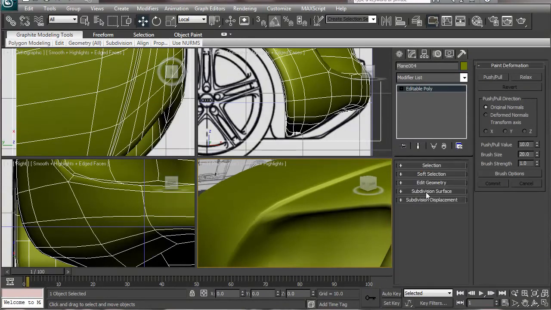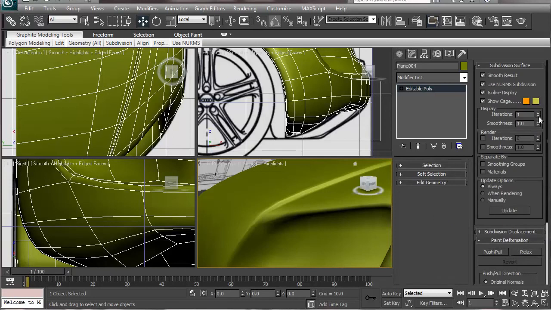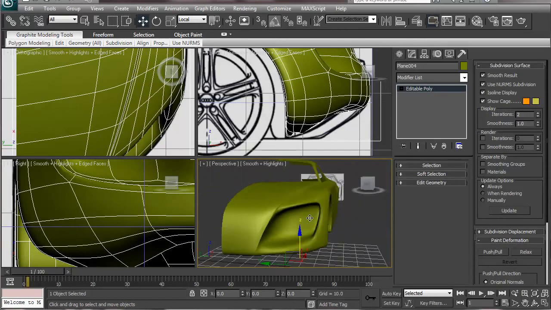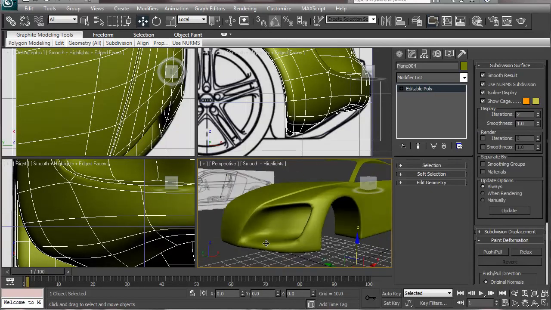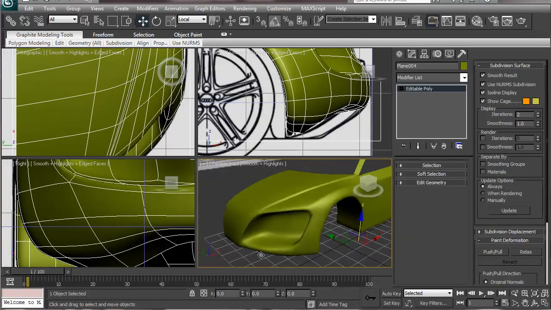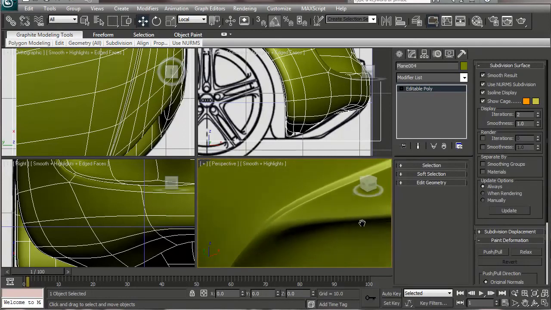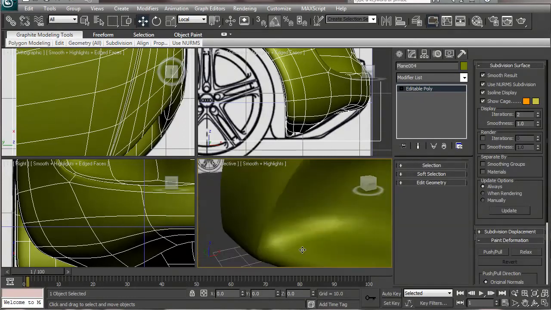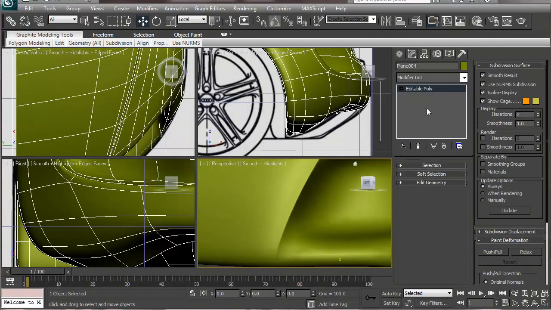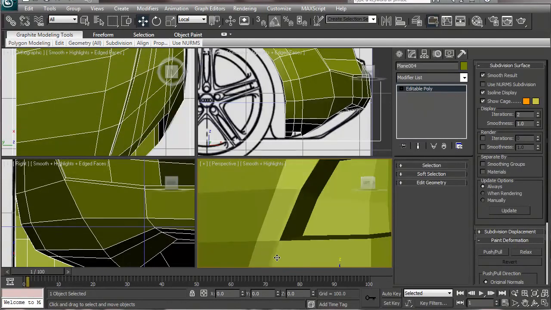Let's see if we can increase the iterations to 2. Well, that seems better, except for this place, because we are having some sharp creases that we don't need over there. So let's go to the edge mode,